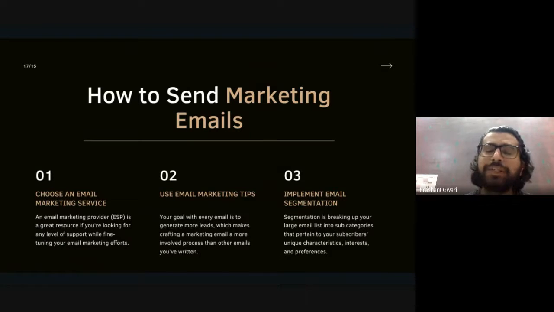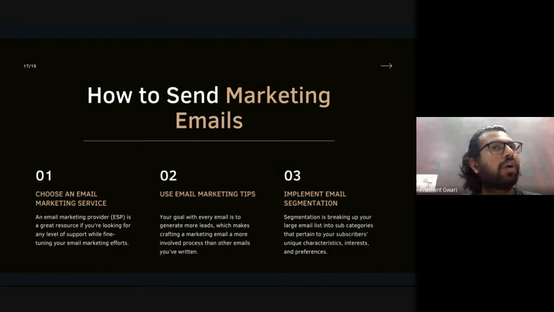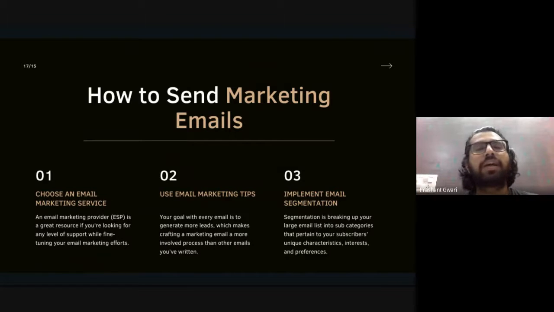As you know, every single person receives around 121 emails every single day in their inbox. So every person's inbox is crowded, and if you want to stand out and not blend in, your email marketing campaign should be extraordinary. And for that, you have to really work on your email marketing copy. So after choosing an email marketing tool, the second thing you require to send an email marketing campaign is your ad copy, the kind of content you will publish in that email marketing campaign.